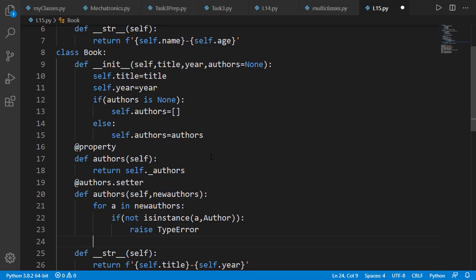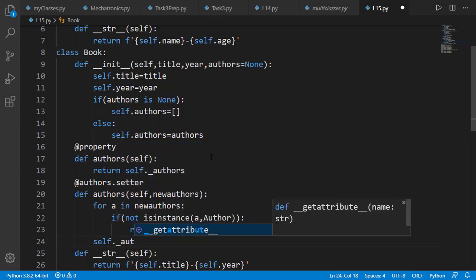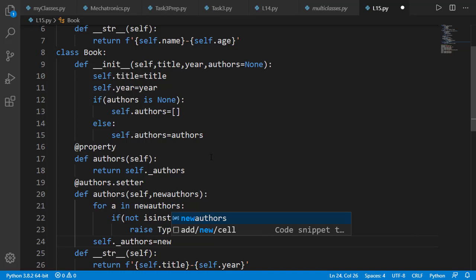Once we are outside the for loop, it means all elements of new author lists were actually author class object. So we can set that as _authors attribute.